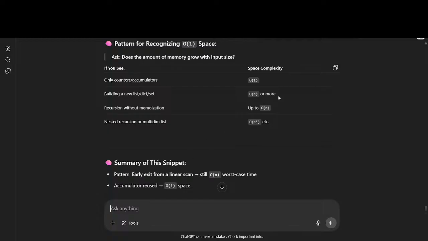Okay. So if we have an iterable, that's order n. Period. That's it. If we're using an iterable for storage, then it's going to be order n. Now, if it's recursive,